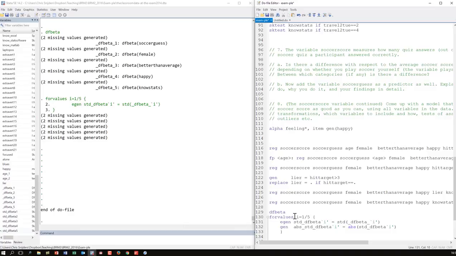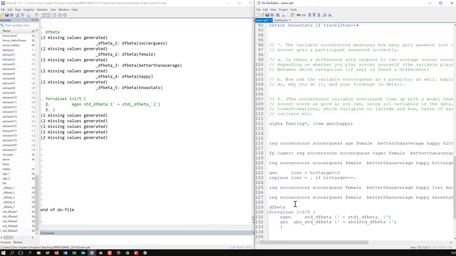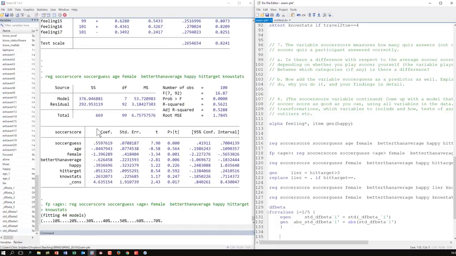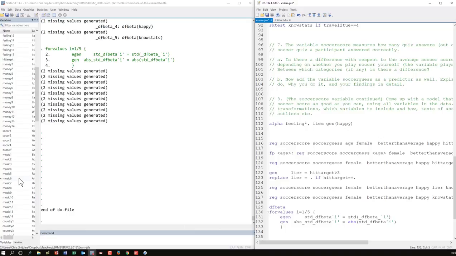Okay, so I want to know when, in absolute value, that standardized DF beta is larger than 3. So I now create another set of 5 variables here, defined as the absolute value of that standardized thing. Let's see if that works. It does. Okay, so now I have the ones that I really need to have here.